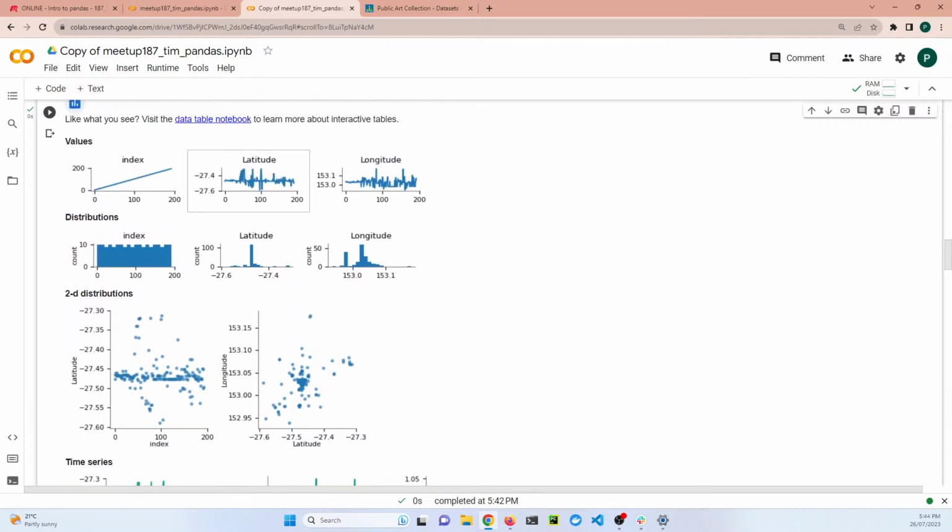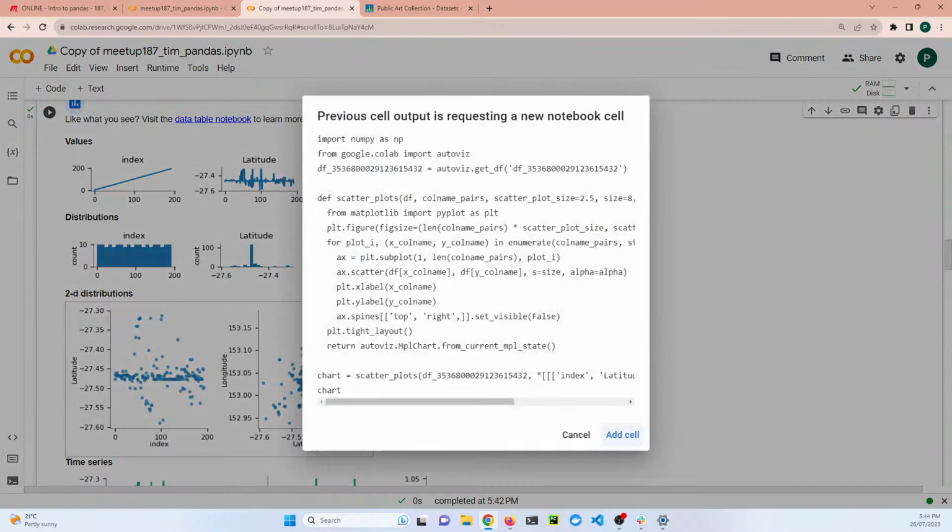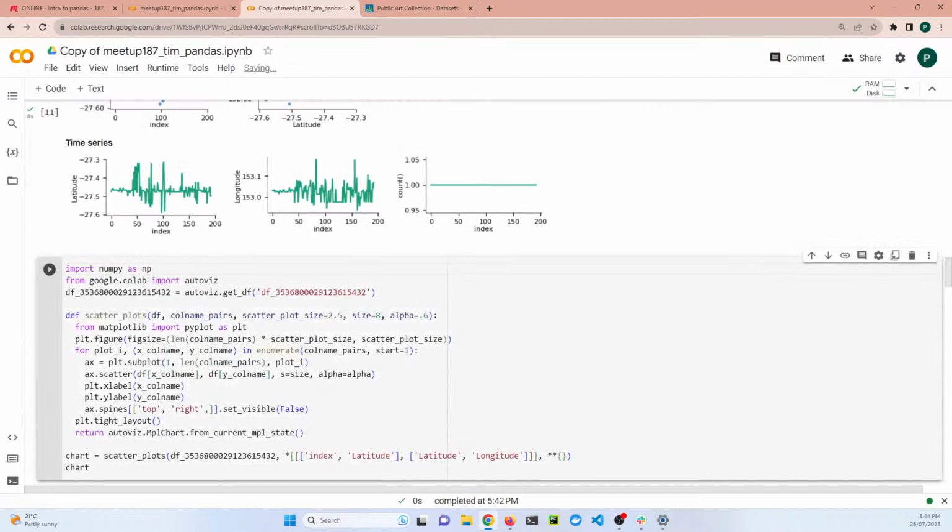So it said, which one of these would you like? And we'll go, actually we want latitude and longitude, and that should give us a bit of an idea of where they're geographically located around Brisbane, these artworks. So it's worked out all the Python code for us, very clever. We click on add cell,